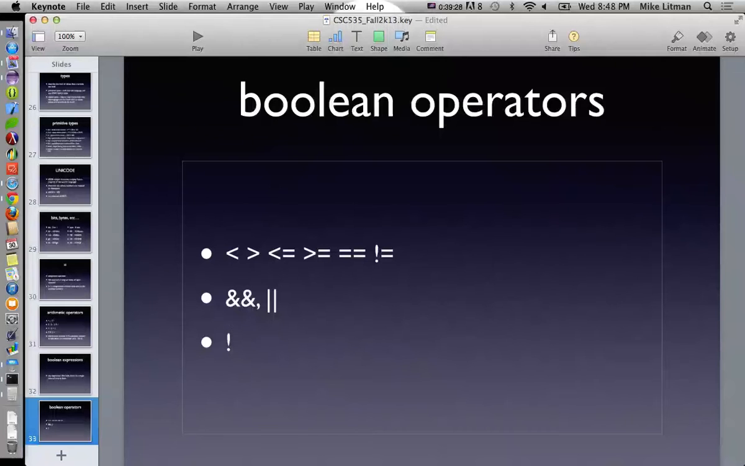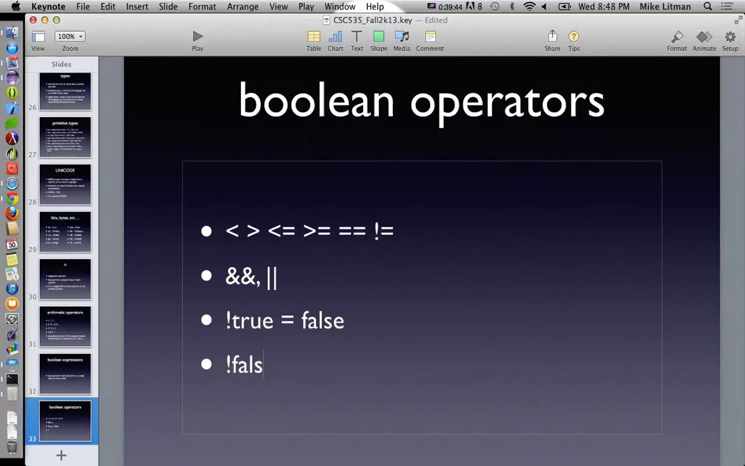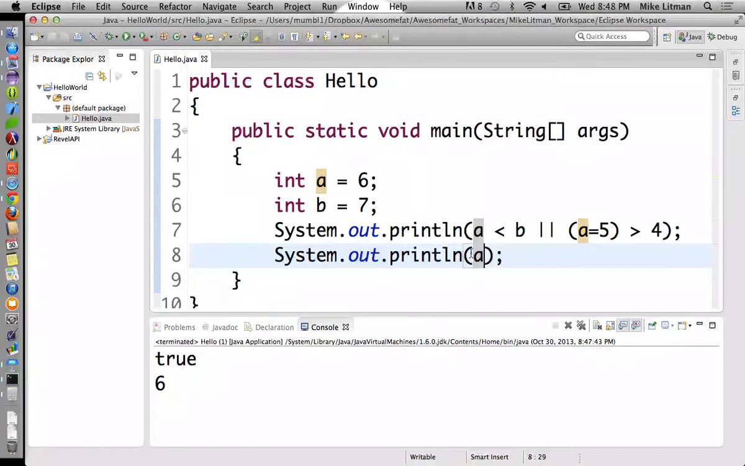We have one more operator, the NOT operator. The NOT operator flips a true to a false and flips a false to a true. So not true is equal to false. Not false is equal to true. So when you're programming in Java, you just put not true like that, and then it automatically